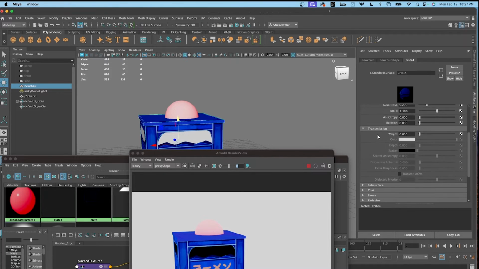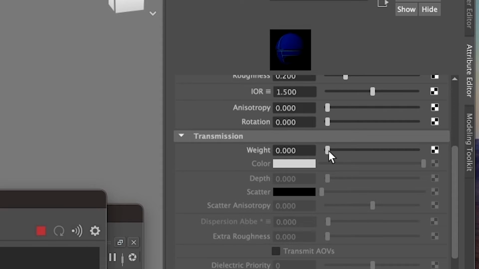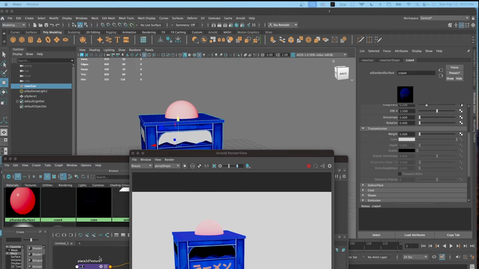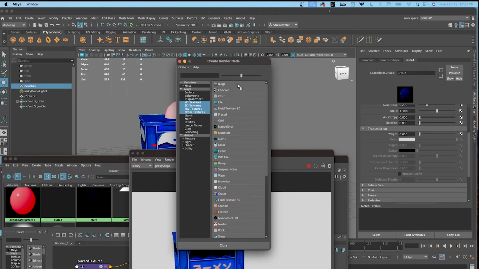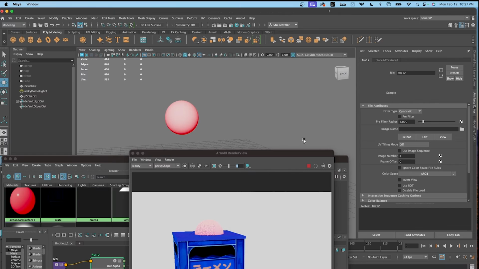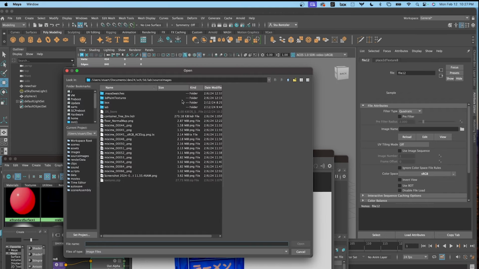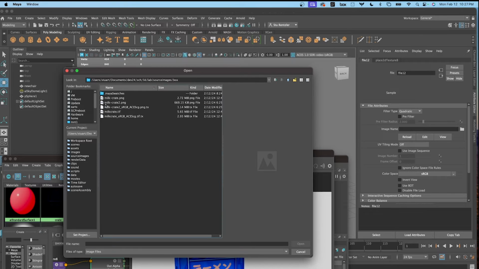Scrolling on down to transmission. So the transmission weight will be what we're going to be using. Clicking on this icon right there, go wire in that same PNG file. So File, clicking on this,